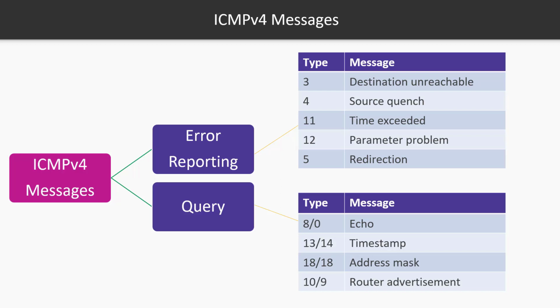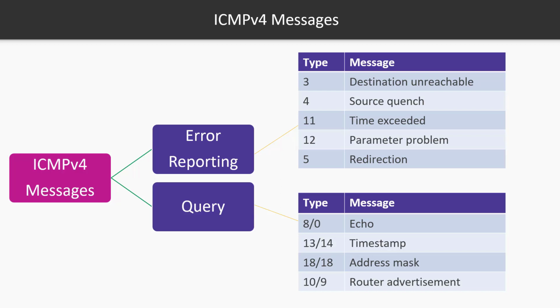Source quench messages are requests to manipulate the traffic in terms of decreasing the traffic rate that the host is sending in order not to overwhelm the destination. This will as well help us avoid congested networks. When some fragments are lost in a network, then the holding fragment by the router will be dropped. The ICMP will take the source IP of the discarded packet and inform the source of the discarded datagram by